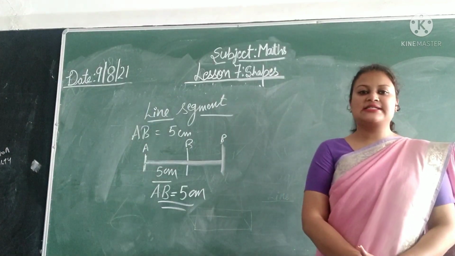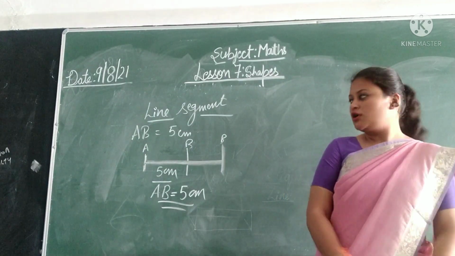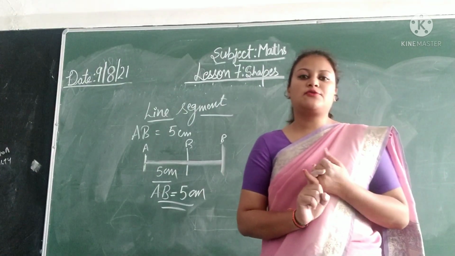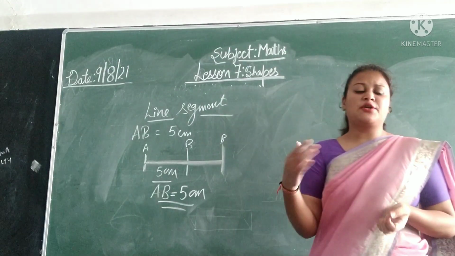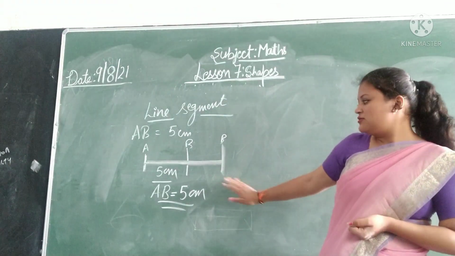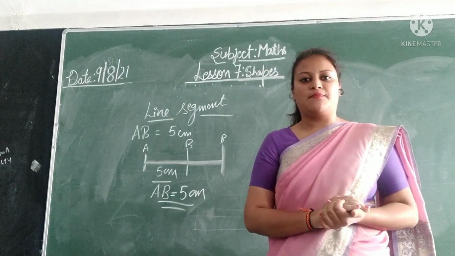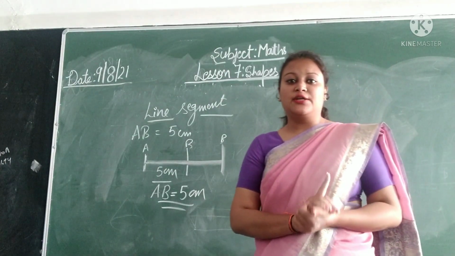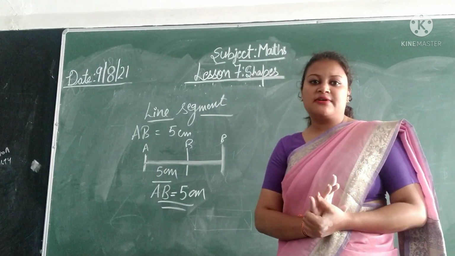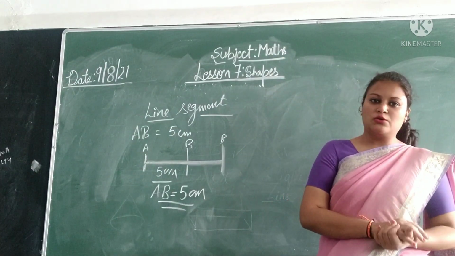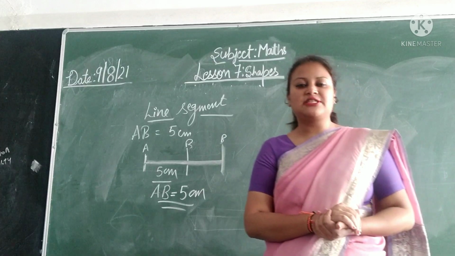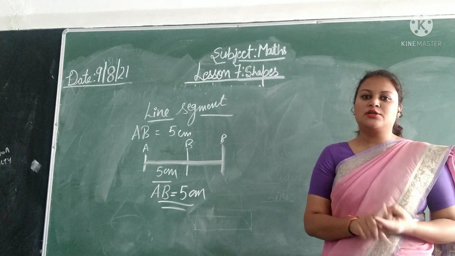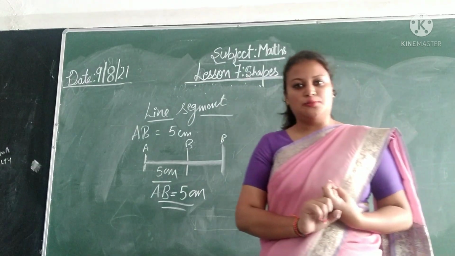And in exercise 7.1, you have to draw these kinds of line segments. The questions are given that you have to draw AB of 10 centimeter or 20 centimeter. So students, complete your exercise 7.1 in your notebook. Question number 1 you will do by yourself. In the book only you have to join the 2 points which are given in your book. But question number 2 and 3 you will draw in your book as well as in your notebook. Okay.